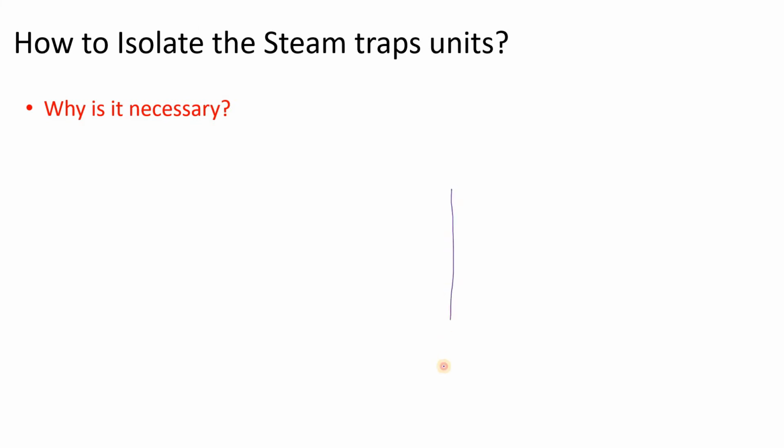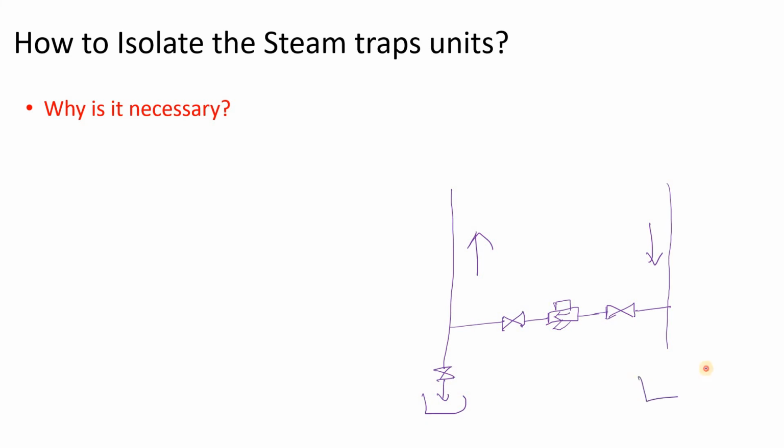See here, this is the line, and in this line there is one IV, and in this there is my steam trap. Suppose this is my steam trap and there is another IV, and now this is my line. Just see that this line is of steam and this is the line of the process condensate. Now here is my steam trap and these are my IVs. Here is also another IV for the drain, and we can say the open drain, and here also is one IV.